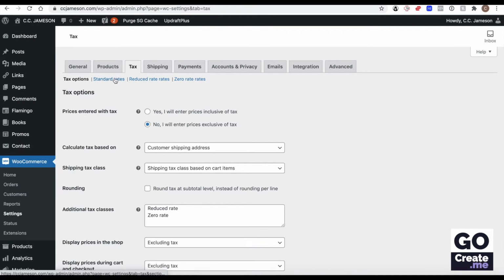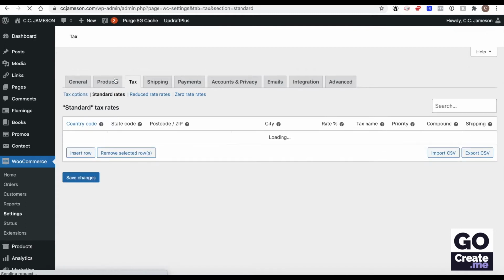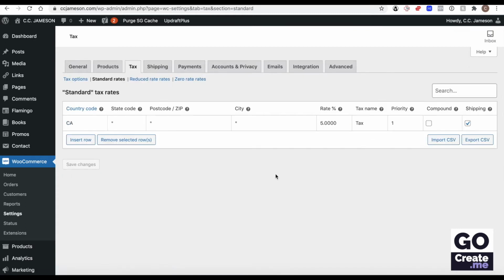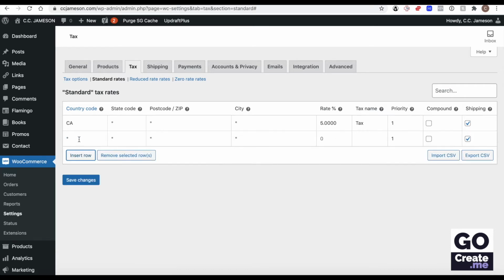Now, if I go to standard rates, this is where I manually put in, because my tax situation is simple, I added a country code, CA for Canada, and all of Canada, it's 5%, and I also tax the shipping. So that's all I had to do. You could insert multiple rows. So for example, if in Canada and then in Alberta,